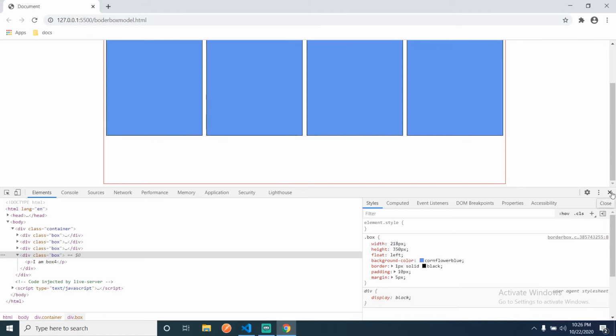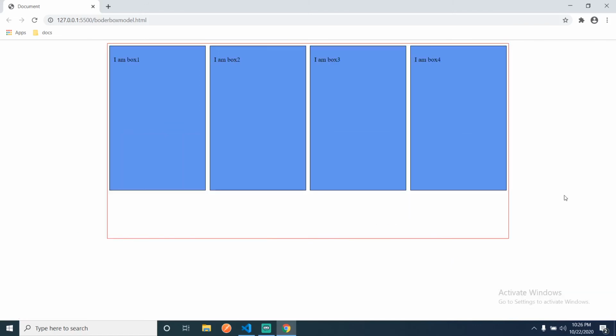So if you want to make any changes to this layout, you have to go again and change the width and height, mostly the width, of that particular layout or class, and then it will look good.